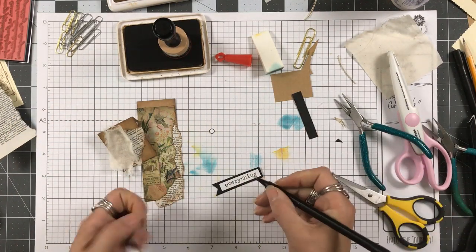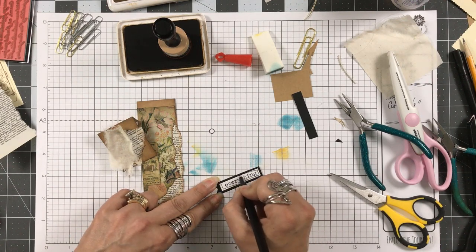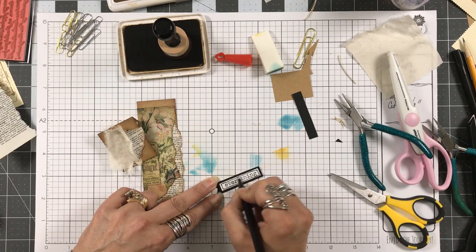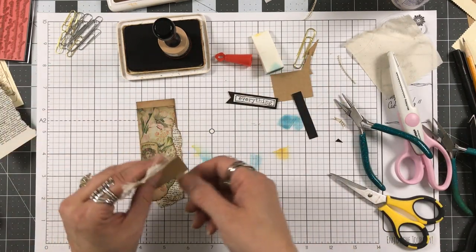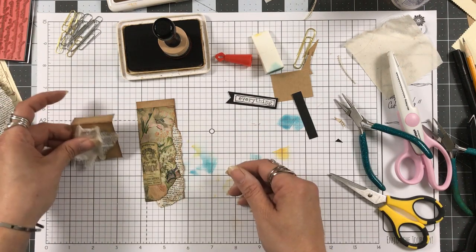I am going to draw my lines. It's a good thing you don't have to be neat, right? And I am going to